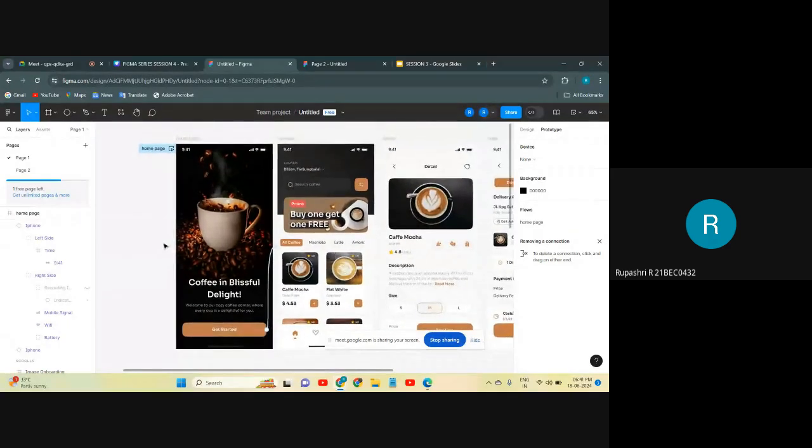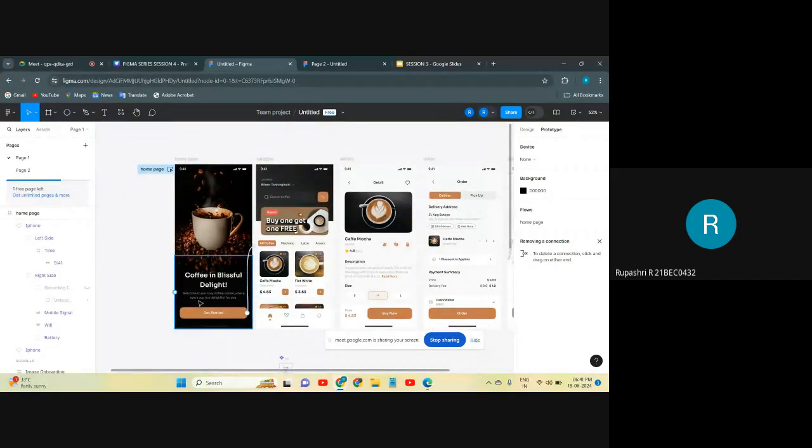Now let us see how interactions can be made between pages. When I click on this Get Started, it should move to the next page. So for that, I must get the Get Started button. So here you can see,